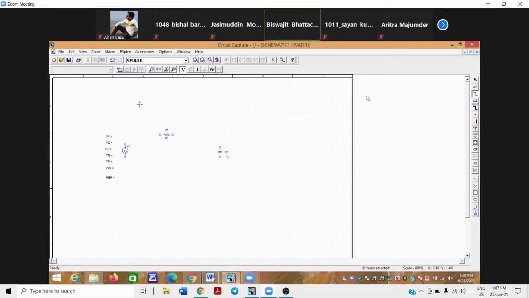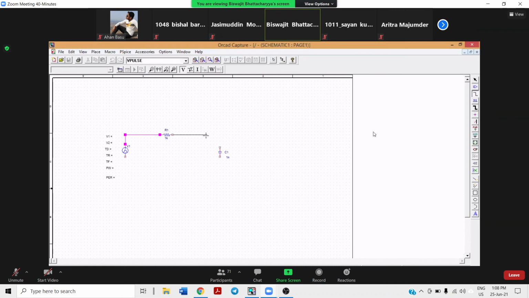Click it, and you see the cursor is changed, a cross is coming. Now you click it here and drag it. Again click and release. Again click and drag it, then just bring it.